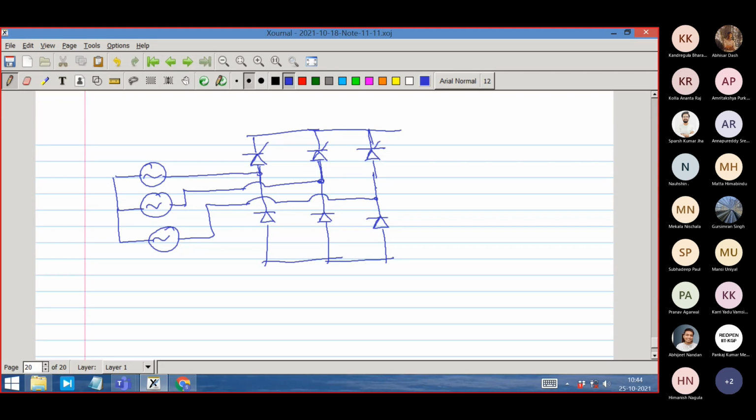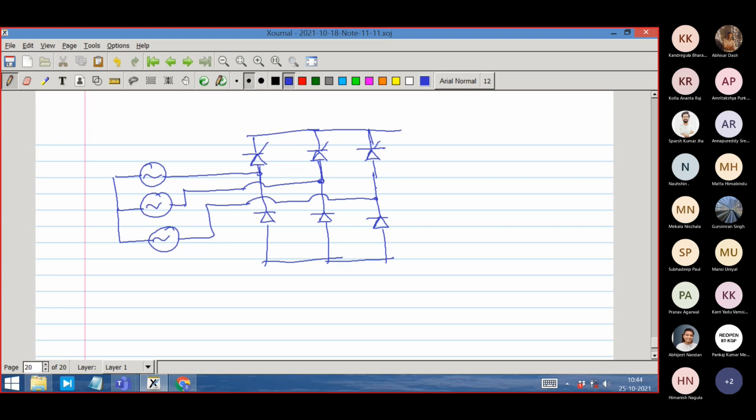That's it. Extend it in your own thought, how discontinuous conduction mode will be there. Practice it. In Wednesday's class, if you have any doubt, ask me. Think about discontinuous conduction mode. Continuous conduction mode I have shown. Continuous conduction mode duration is only 120 degree. In discontinuous conduction mode, it will break into two identical parts of 60 degree. The current will be discontinuous, but two identical parts will be there, 60 degree in the positive side and another 60 degree in the negative side. So no new knowledge. All things are now limited between that.